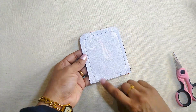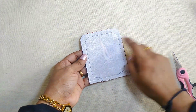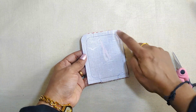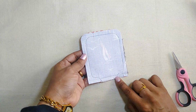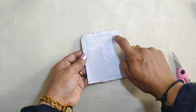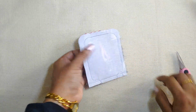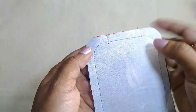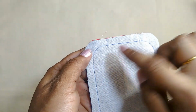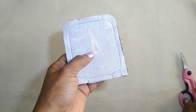Okay, as you can see, I've stitched all around, left an opening at the top, again started stitching, and stopped over here. I like to back stitch at start and stop. Okay, and I also like to stitch towards the edge of the opening. Okay, now